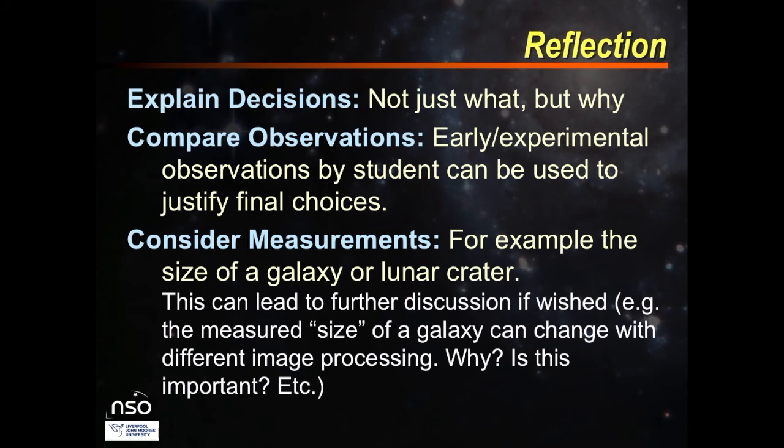So once they've got their images and they're happy with them and they've thought about what they want to bring out, the final stage is obviously the reflection. There are several things that we would suggest the students think about here. They can't talk in a lot of detail about how they set up a telescope, how they plan their observations on a particular night and so on, because that's not how robotic telescopes work. But there are other things that they can think about and reflect on.